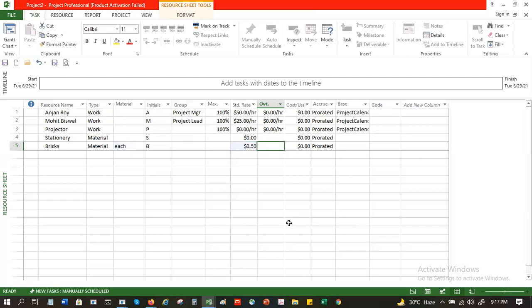So when in a particular task you are consuming 1000 bricks, the system will do 1000 into 0.50 and give you the amount. Similarly, stationery, if it is material, you might call it by kit. So you're consuming it by kit and have a price for that kit, let's say $3.